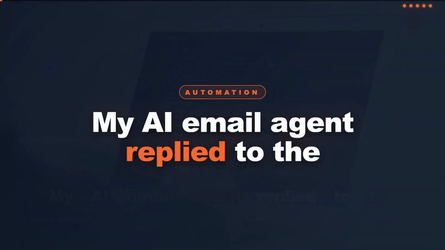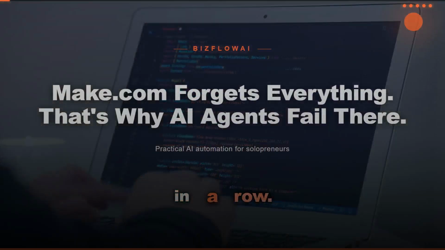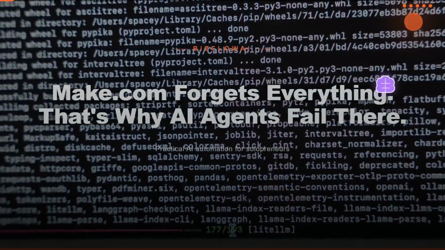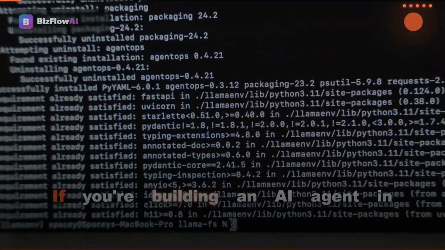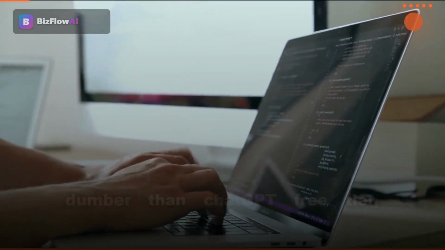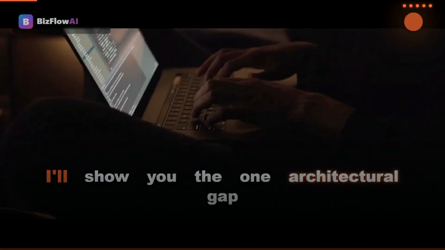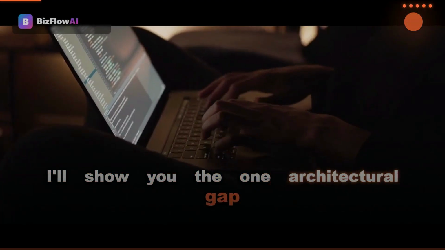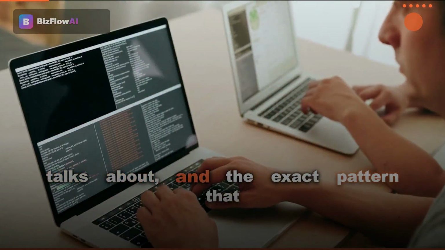My AI email agent replied to the same customer like a stranger 47 times in a row. Same thread, same person. Zero memory. If you're building an AI agent in make.com and wondering why it feels dumber than ChatGPT free tier, this is why. I'll show you the one architectural gap nobody in the Make versus N8N debate talks about, and the exact